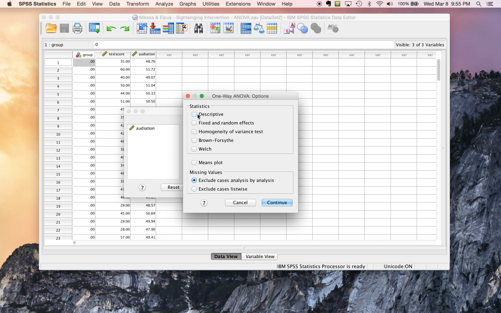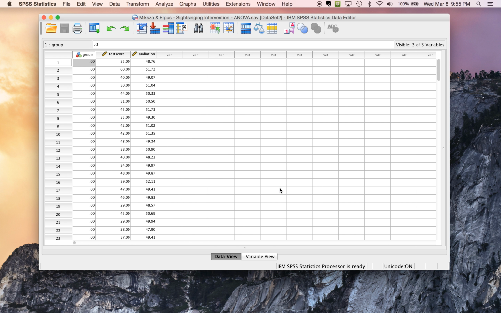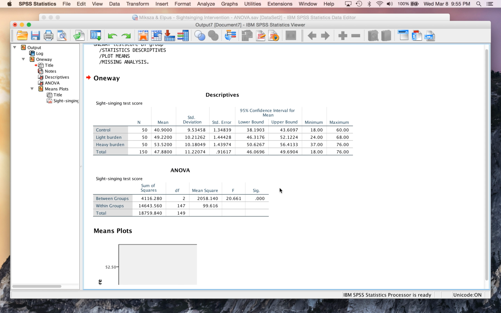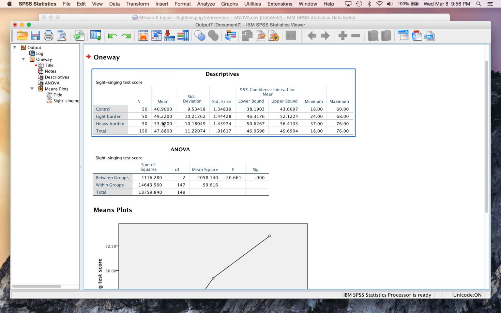We could ask for descriptive statistics as well as a means plot to visualize the differences between the means. And click OK. So what we get is a summary of the descriptive statistics according to the participants in each group. We see there are 50 people in the control group, 50 in the light burden group, 50 in the heavy burden group, the means, standard deviation, standard error of the means, as well as confidence intervals and minimum and